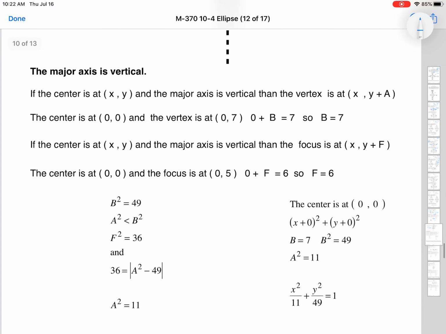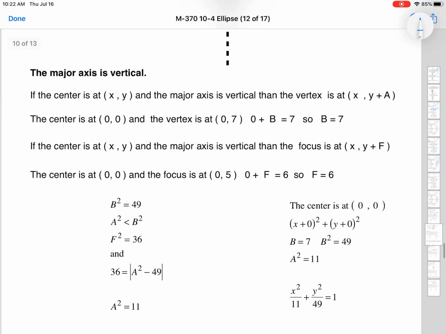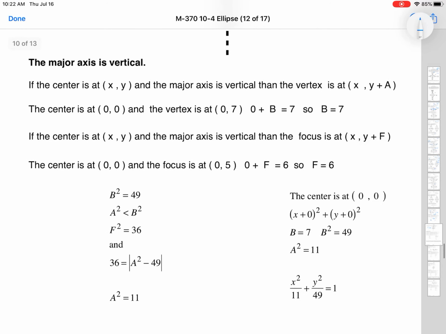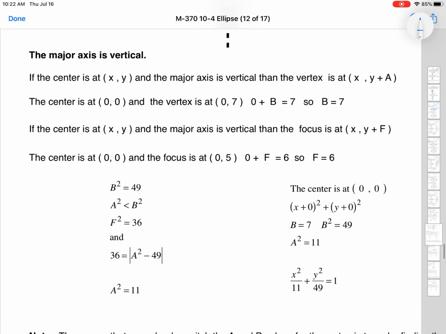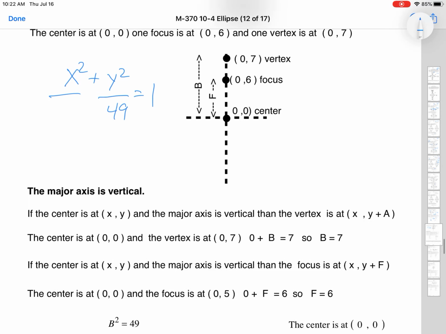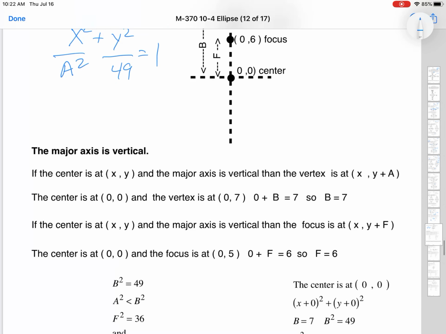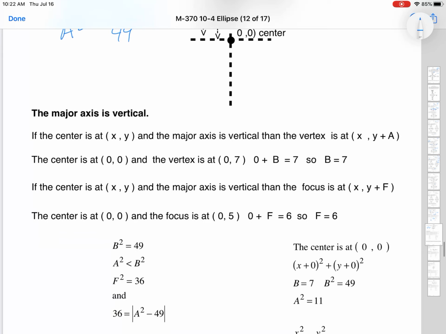Okay, he's going to use the absolute value coming through. And so, interesting way to approach this. So, you got an a squared there. Sorry, there's different ways that different books will handle it, and I just wanted to see what he pinched himself into. So we know b squared is 49, we know a squared is less than b squared, and f squared is